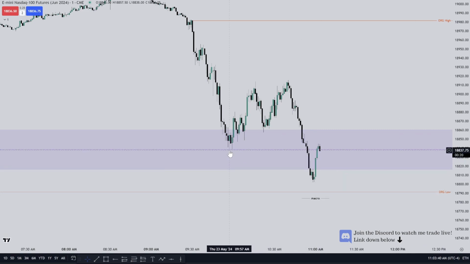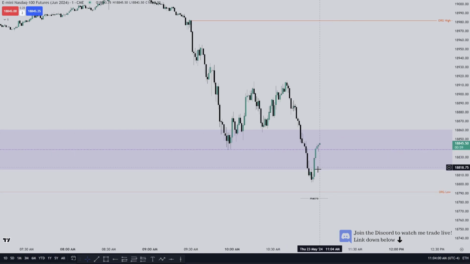So I like how we cleared the sell side here underneath this low, and we failed to reach the low of this opening range gap. So this right here tells me right away that we're bullish and likely to see higher prices because we dropped all the way down, clearing the sell side, but couldn't even reach the low of the opening range gap, and we're showing some signs of displacement. So that's what I like to see.